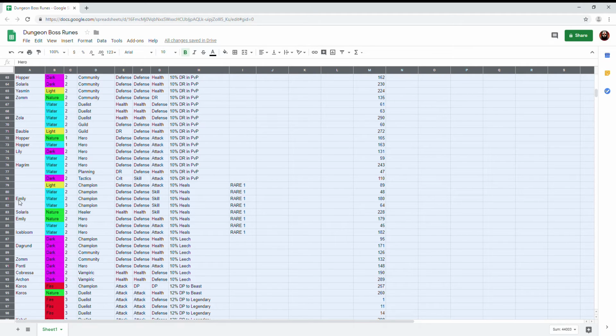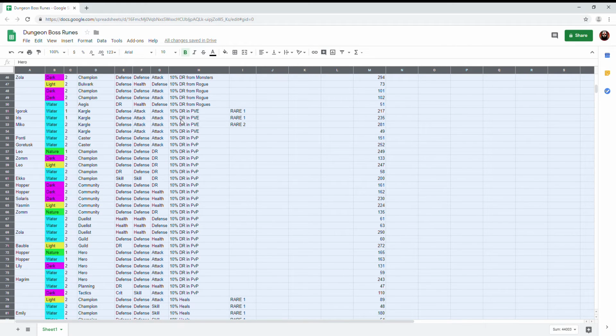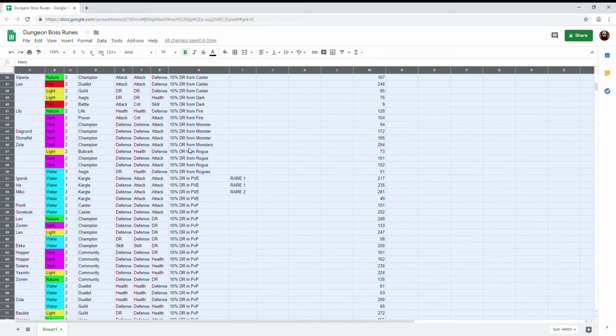Turns out that there's actually 2 healer runes on Emily that she doesn't need. There's one on Ice Bloom. Not sure why that is there. But ultimately, my Solaris ended up coming around pretty well anyways, even without those. But by categorizing these and making sure you're consistent with your naming convention, you can ultimately see where all